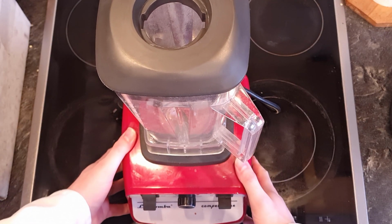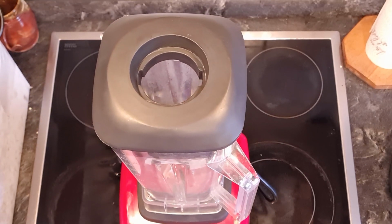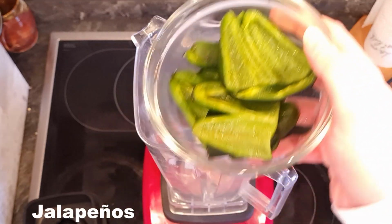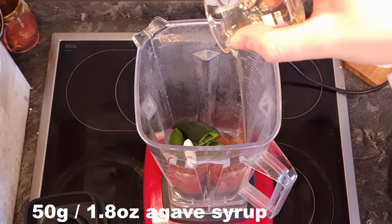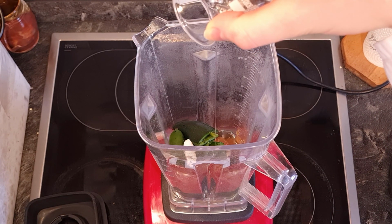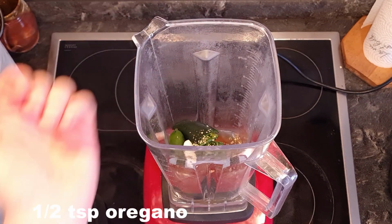You could use a hand blender or even a food processor, but keep in mind that you will not get as smooth a result and more chunky sauce. Now in our blender, we dump our jalapenos, 1 nice clove of garlic peeled, 50 grams or 1.8 ounces of agave syrup for sweetness, the juice of 2 limes for acidity, half a teaspoon of Mexican oregano or regular oregano if you can't find anything else,